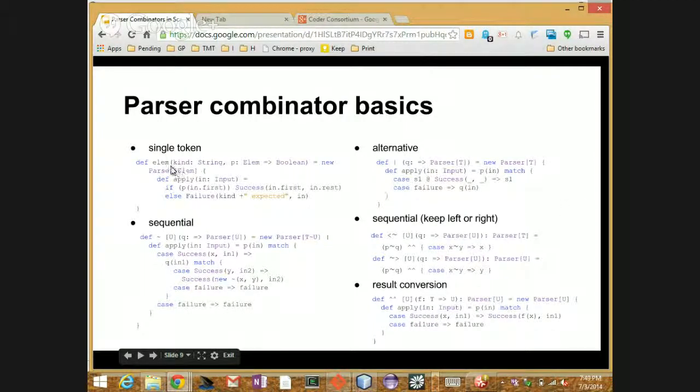I'll skip this. This first one is defining a token. The reason I showed it here was just to show you that whenever you give some sort of quoted text, one of the features of Scala is it allows for implicit conversion if you have a conversion defined. So in that case, it will see a string, and it will turn it into a parser that takes that string as part of its state. In this case, it'll give a special parser, an element parser.